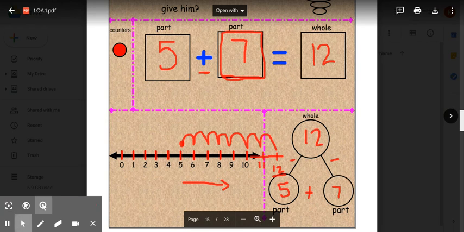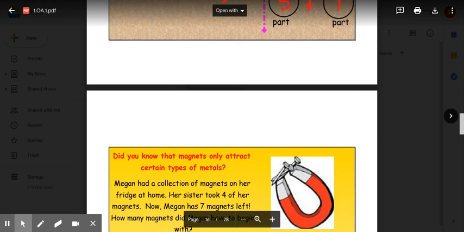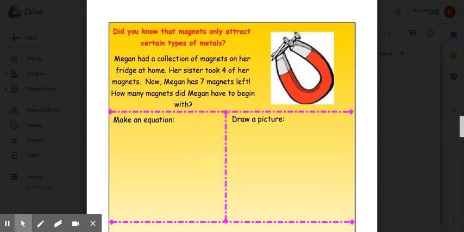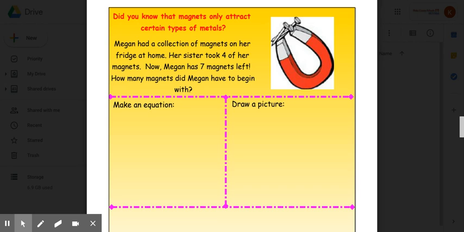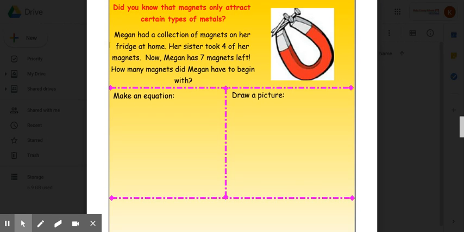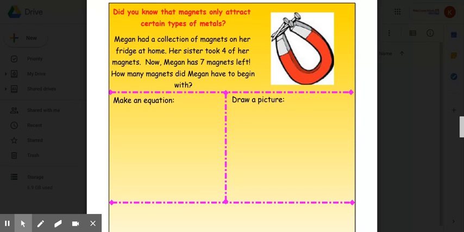All right, let's move on to the next one. For this one, I'm going to read the problem to you, and then I want you to solve the parts on your own. Are we ready? Megan had a collection of magnets on her fridge at home. Her sister took 4 of her magnets. Now Megan has 7 magnets left. How many magnets did Megan have to